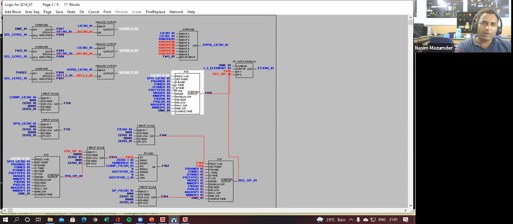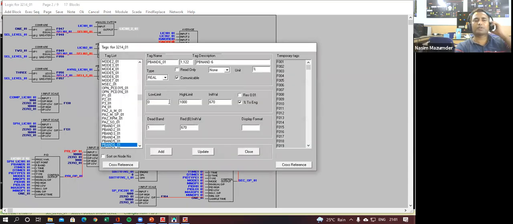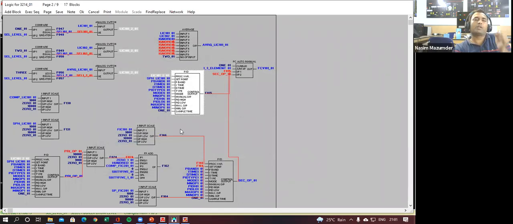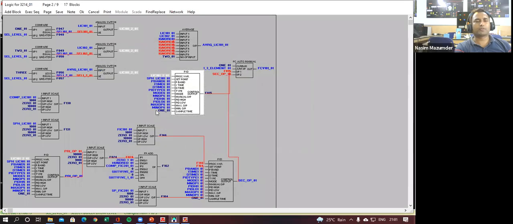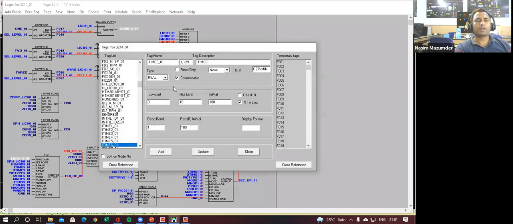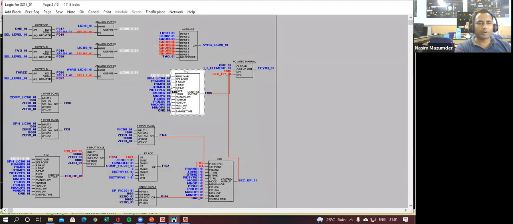Now, what you have to do next is use these PID settings. The PB band, you can see here, P band. The P band low limit is 0 and high limit is 1000. Means you have to select a value between 0 to 1000, some counts. In between 0 to 1000, you have to select some P value. Then your I time will be 0 to 10, you have to select it in between 0 to 10. And your D time will also be in between 0 to 10.